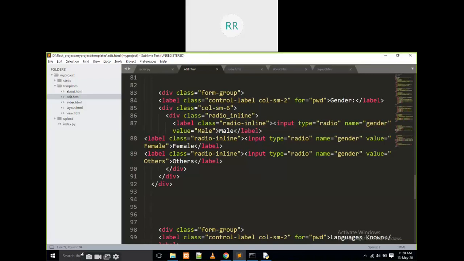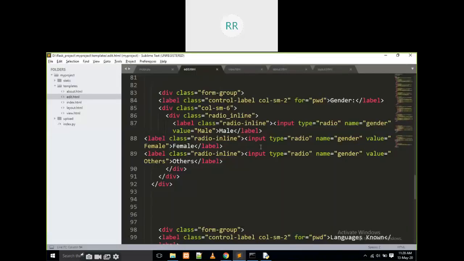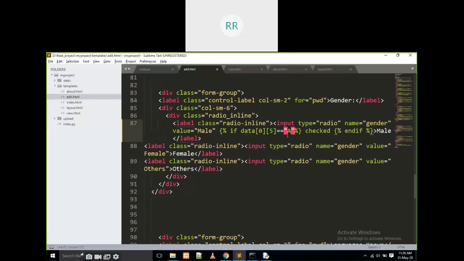Gender means 1, 2, 3, 4, 5, 6, 7, 8. This is going to be 8 here, and this is going to be male, and it is going to be checked.